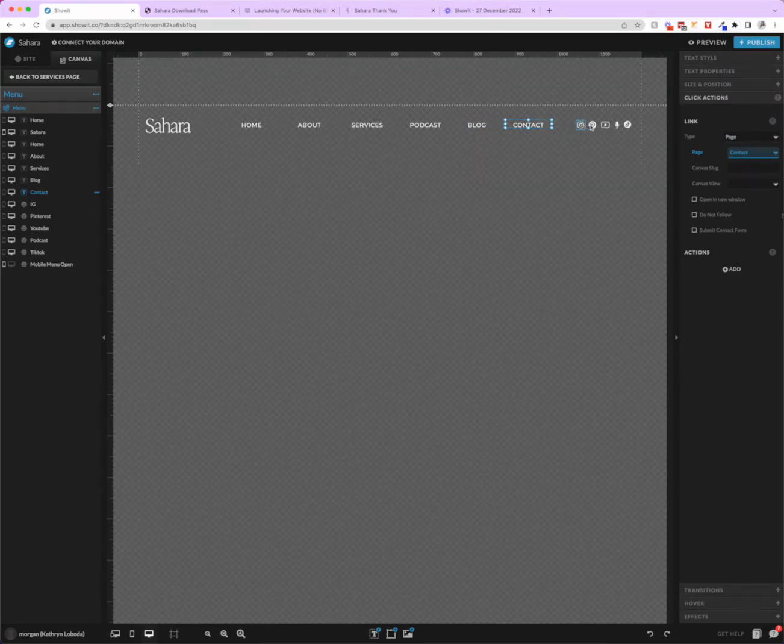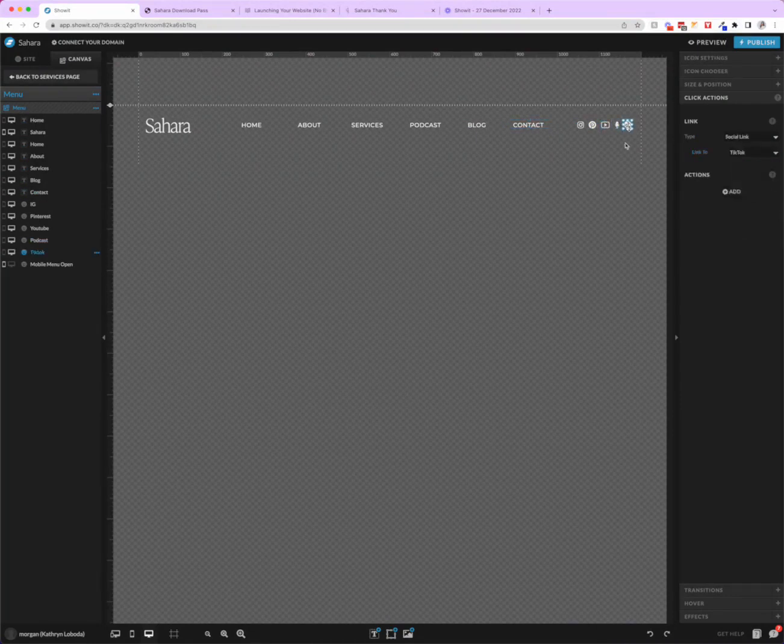You also have these social icons here. So Instagram, Pinterest, YouTube, your podcast page, you'll want to change that to podcast and TikTok. So if you don't have all of these social media accounts, no worries, you can delete them from the template and just keep what you want to use. Now you'll notice that I have clicked on TikTok right now and it's linked to social TikTok, but there's not really a way to put in your URL for TikTok,